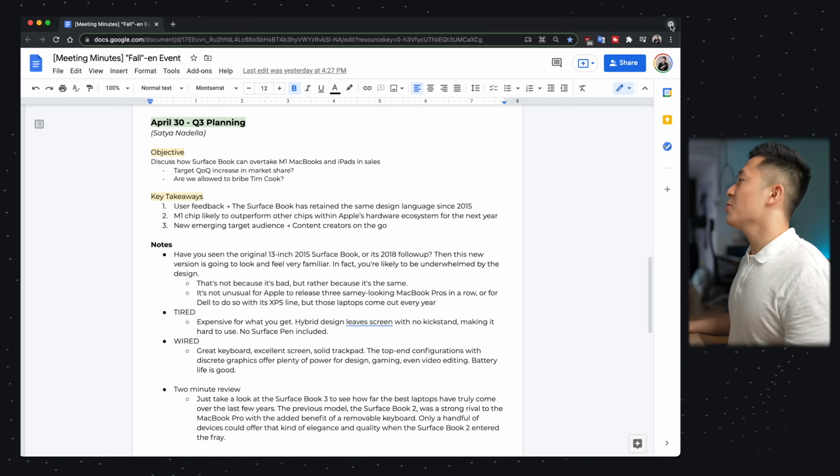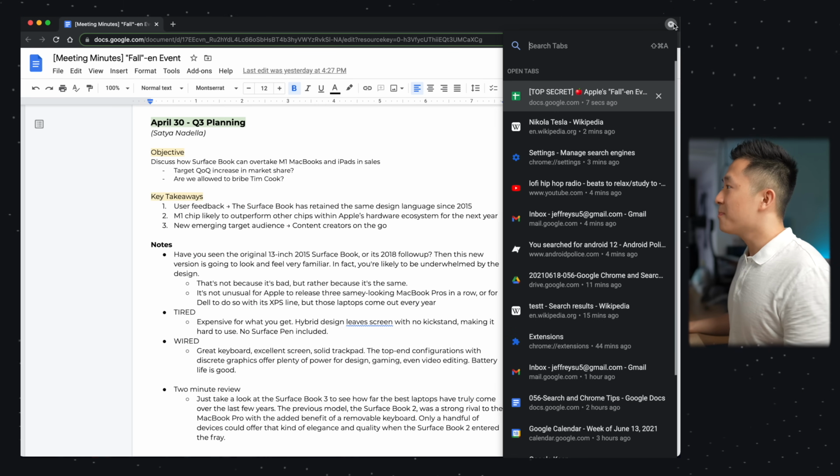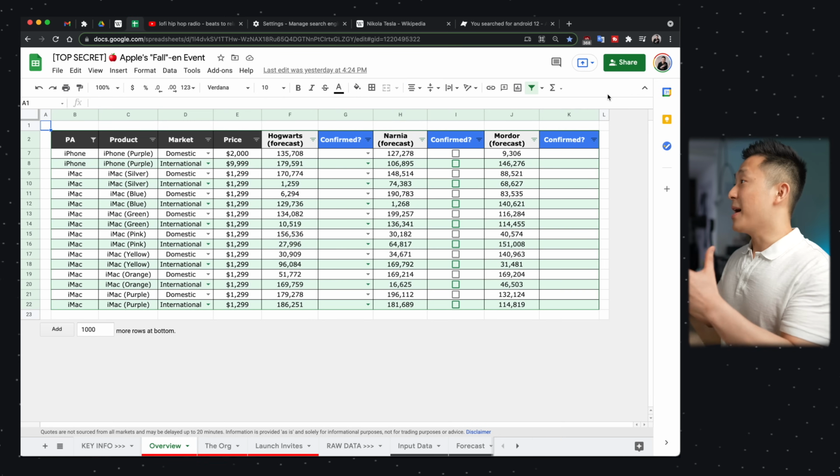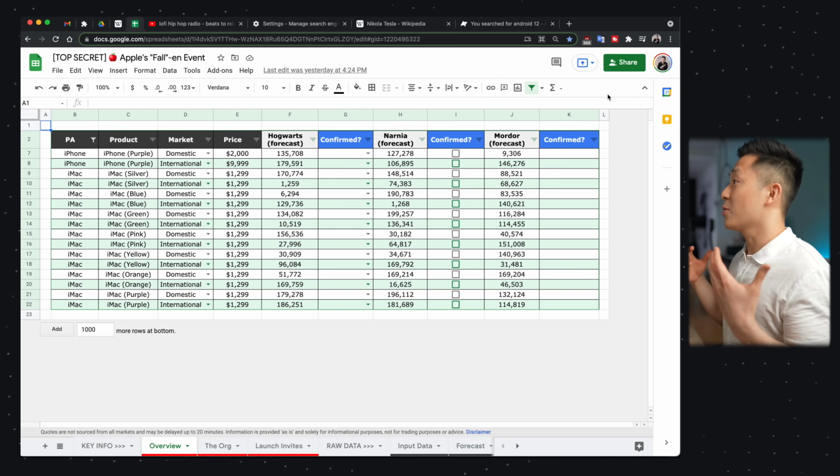Alternatively, I can also use the downward arrow here to search in this search tab box or select the tab from there. But I like the first option because it makes me feel cool, or as I like to think about it, even cooler than usual.